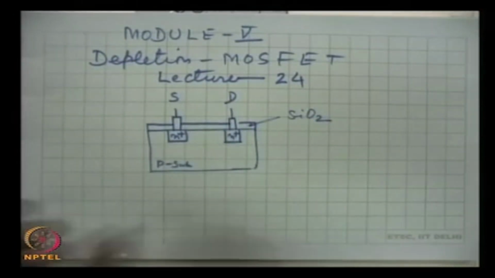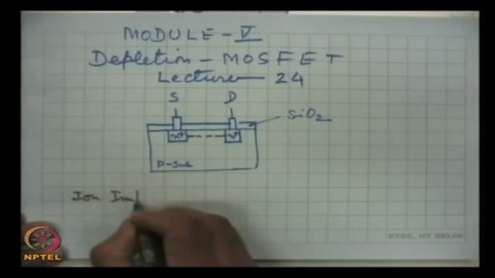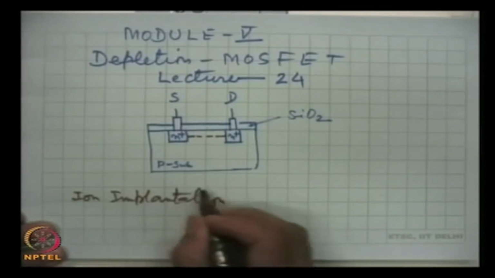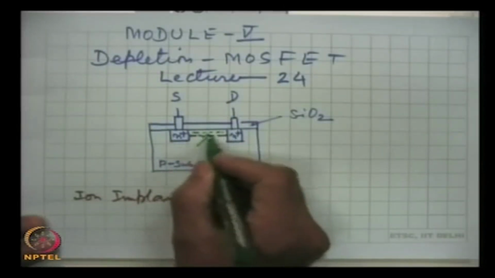By ion implantation, a channel is created here. Ion implantation is a very sophisticated technique by which we can dope very precisely the region where we want to dope and how much we want to dope. So, both controls are very precise in ion implantation. It is a very modern technique by which we can precisely dope selected regions. So, the channel is created and this is the N channel,